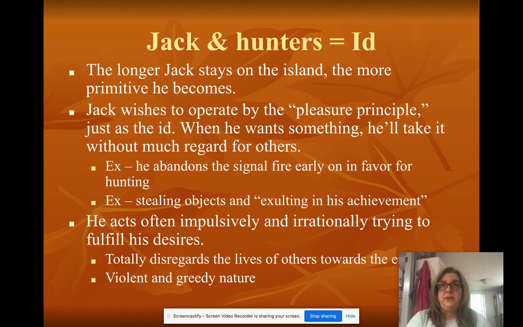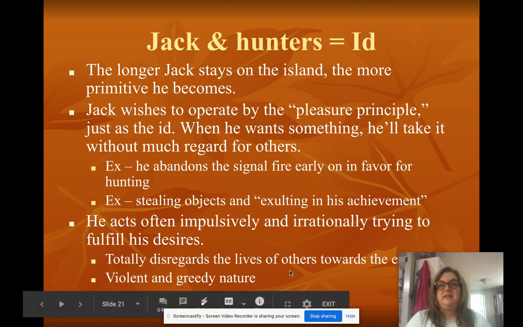He refuses to believe that they've killed Simon because he doesn't want to. He doesn't have any superego to give him a conscience or a guilt about that, and he acts impulsive, just jumping up and getting angry, just like when he and Roger shove Piggy, and Piggy ends up falling off of the castle and dying as well. I told you if you hadn't read, I was going to have some spoilers. So if you haven't read, I warned you.